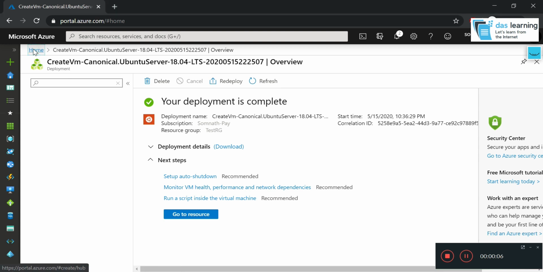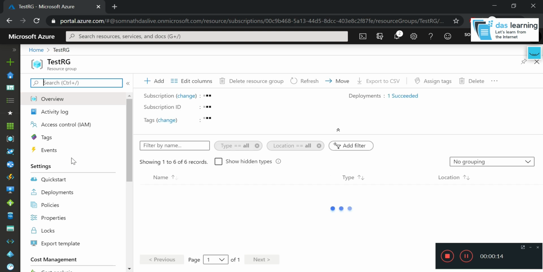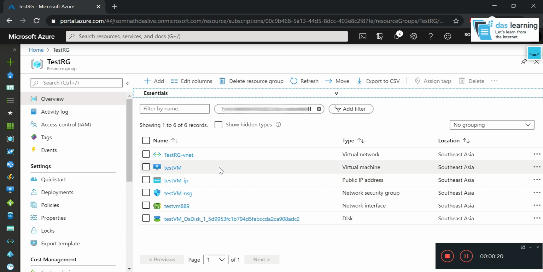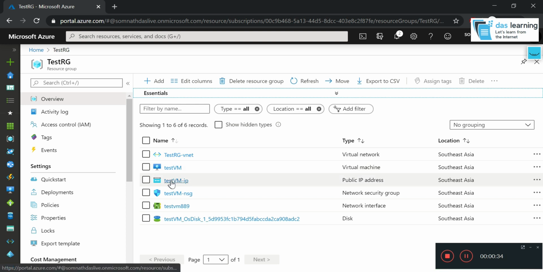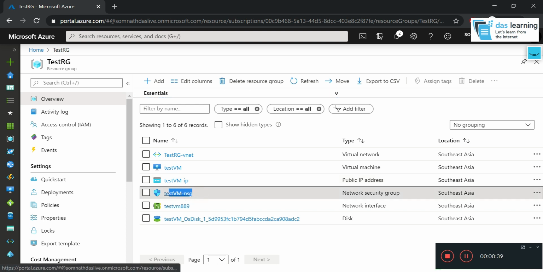We can go to the resource group from the home screen itself. The resource group is listed over here. Now, what are the resources it created as part of the deployment? The virtual network, because without a network, how can you deploy a VM or anything which requires an IP address? Under that, it created the VM, public IP address, a default security group which we have selected, a network interface card which is the NIC port, and the OS disk.